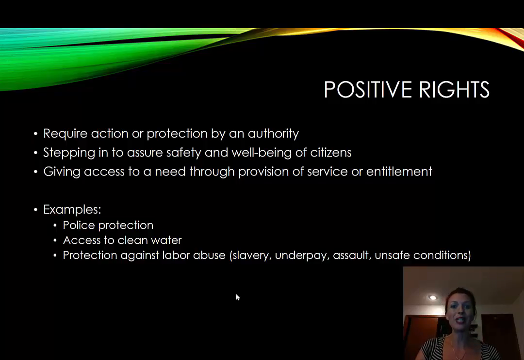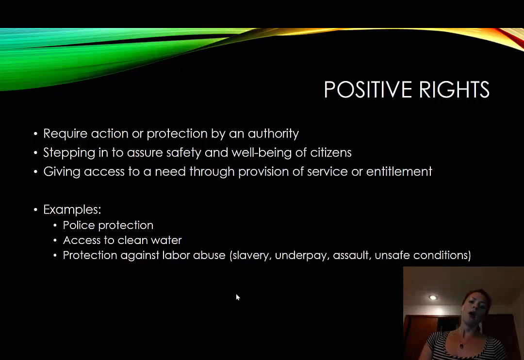Now, of course, that immediately brings to mind Flint, Michigan for most of us, where there is a high toxicity of lead in the water because there were errors made. I won't comment on that to a great extent because I'm not an expert on that case. So I don't know to what extent there were errors of honest mistakes, where there was incompetence, and where there was actual intentional wrongdoing. So the main point to take away from that is that clearly government did not do its job in Flint, Michigan, especially in ensuring positive rights.